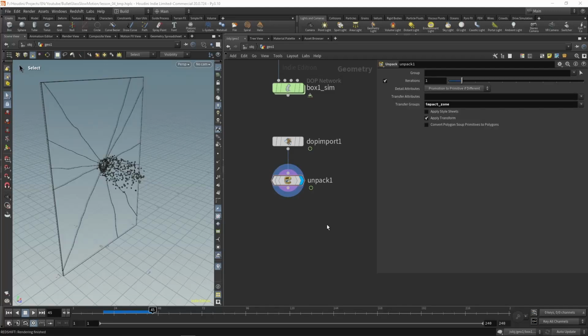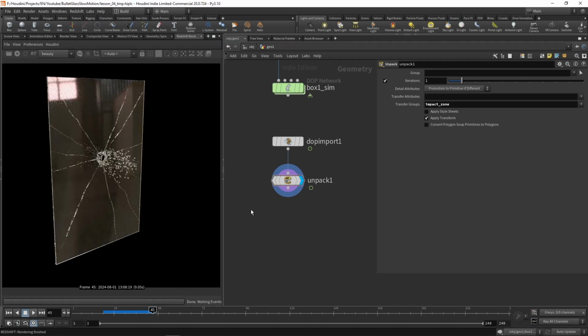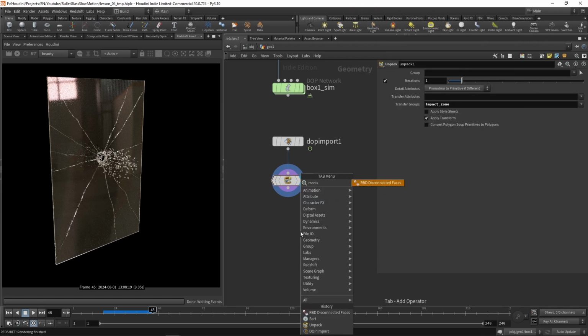Welcome back. The first problem to solve here is the visibility of the internal faces. Let me show you what I mean by that. If we apply a transparent material to the glass, this is what we get right now. We see the cracks. Usually we solve the problem applying a RBD disconnected faces